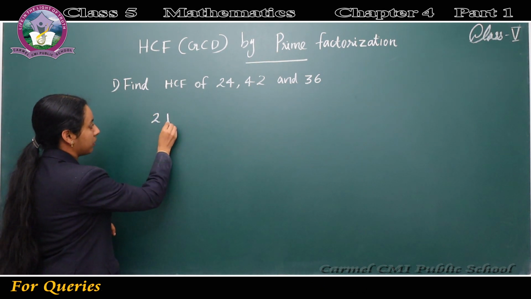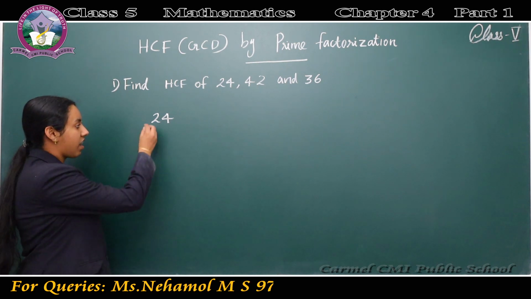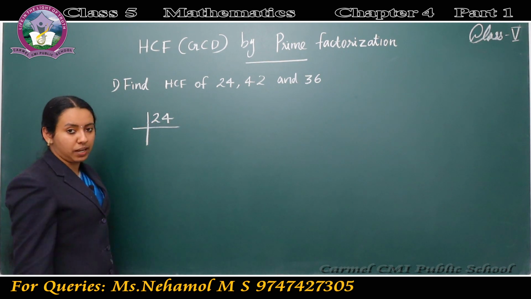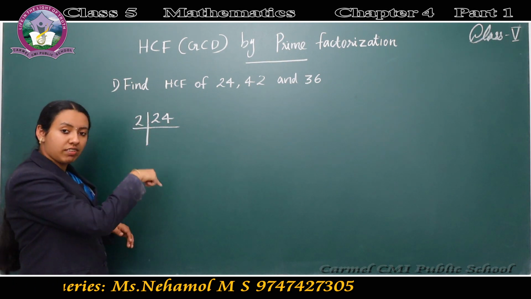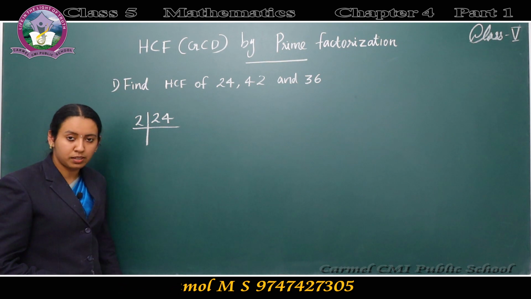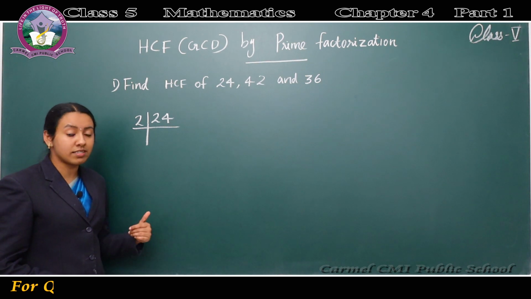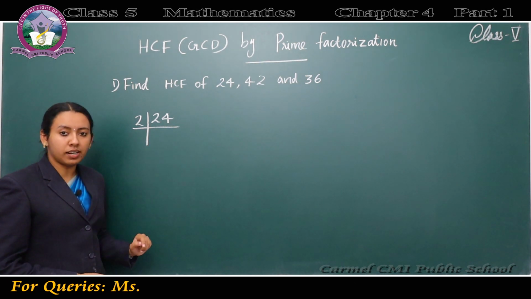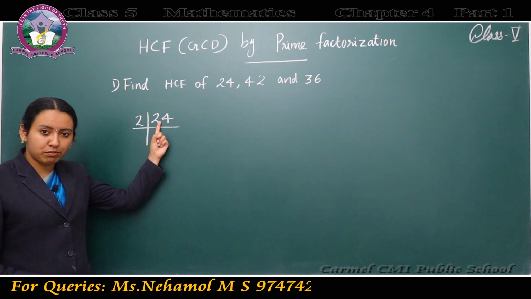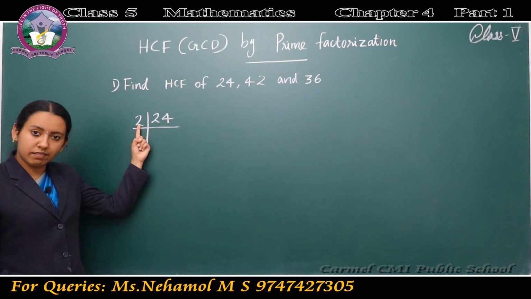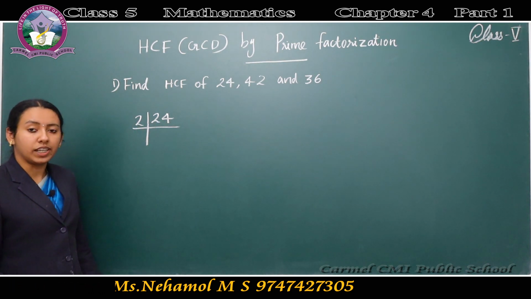First we have to write the number 24. Then which are the steps in prime factorization? Start dividing with the least prime number. Which is the smallest prime number? 2. If it is possible, divide it. Otherwise, take the next prime number. Continue this process until you get a prime number at last. Then write the given number as the product of prime factors. 24. We know that 24 is an even number, so it is divisible by 2. 24 divided by 2. What is 24 divided by 2? It is 12.